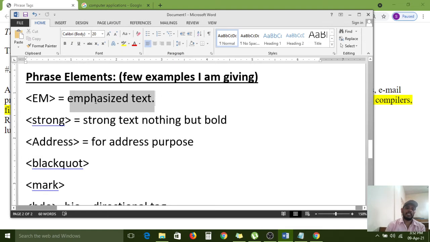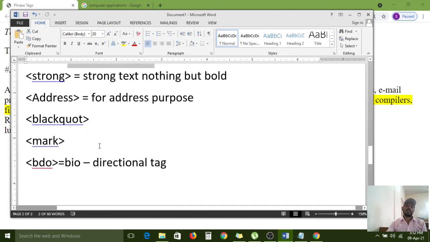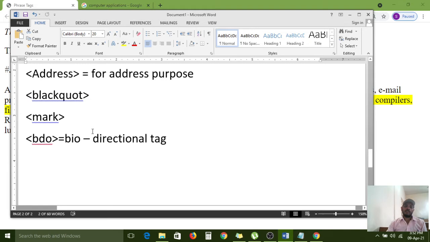Emphasized means it is equal to italic text. In the text formatting tags there is the I tag, so this also works like an italic tag. But these all work by default on teletype font. The address tag is for address purposes only; if you want to display your address in a different format, we can use the address tag. Blockquote is used if you want to show a differentiation from one section to another section.